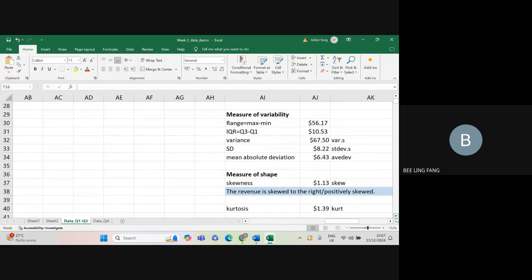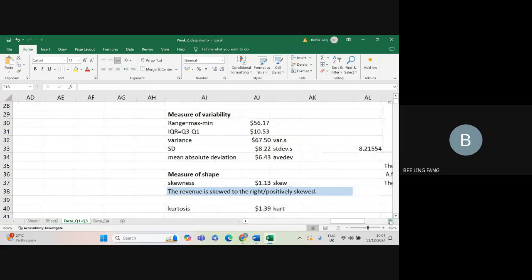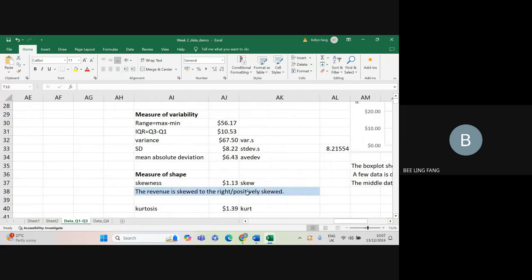So now we continue measure of shapes. So measure of shapes, we want to calculate the skewness. That means we want to look at normal or not normal. So since the formula, Excel formula, we already log the data range. Remember the revenue, column P is a revenue. Data range, we refix it. We can just copy the formula, and then just change to